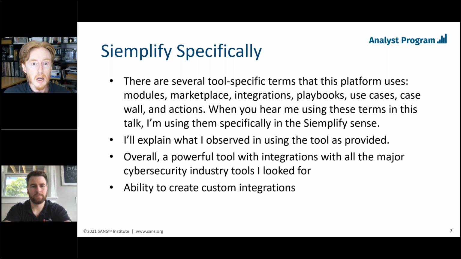Within the first couple of weeks, if you implemented this, you'd probably be able to say, hey, look at that, that's awesome. And then you would probably think about it and iterate a couple of times to recapture what you did initially into a more effective thing. So hopefully, if there's something that you take away from today, it is a little bit of guidance on how to think critically about the deployment of your SOAR tool, Simplify or whatever it is, before you start doing it. And if you already have started, maybe it gives you a little bit of pause to think, how can I be more effective in my very next step?